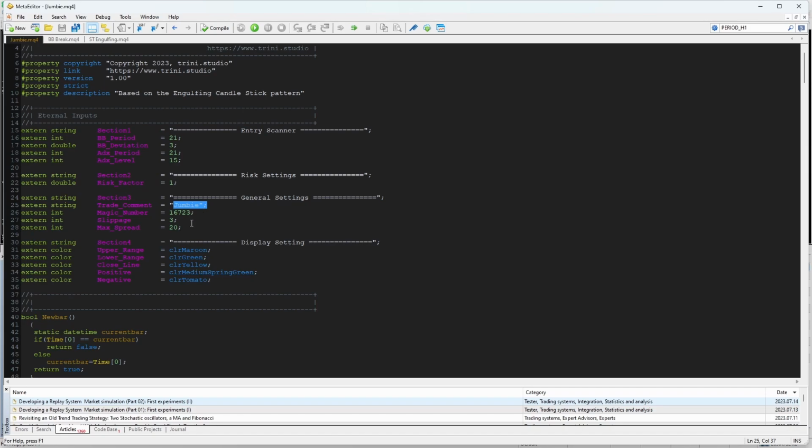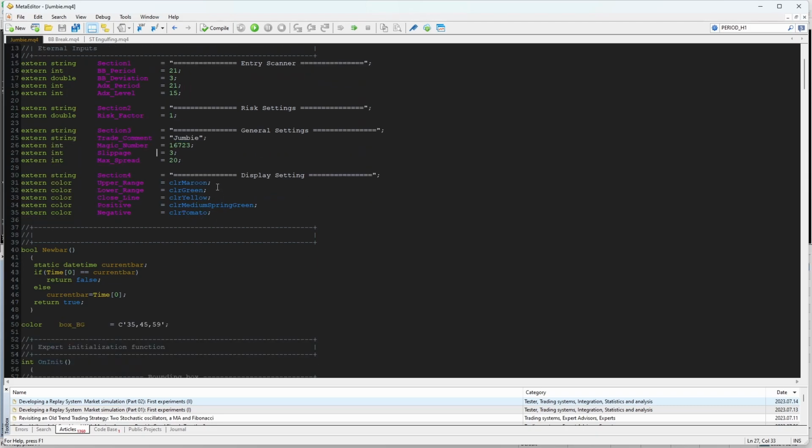This displays the name depending on what the name is. The magic number is here, so I could filter the magic number by symbol, because what I would do is install the robot on different symbols to trade, and then I would slightly change the magic number here. So once I'm monitoring, I could monitor based on magic number, and it would only pull up the trade for one particular symbol. We have the spread and the slippage,